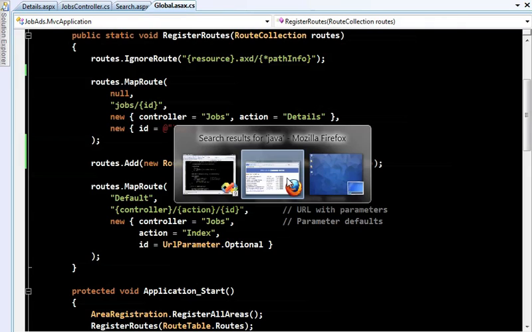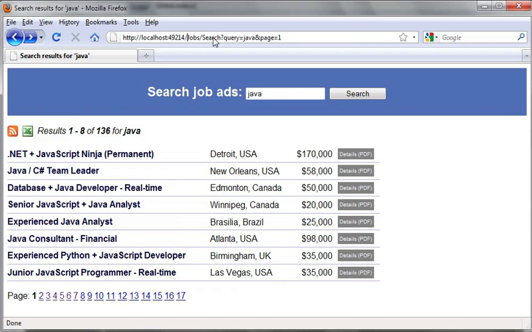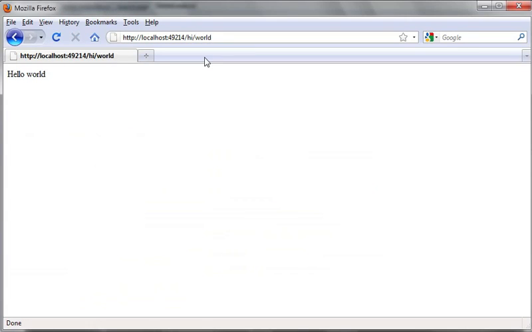Now with all this in place, I should be able to visit the URL hi/something. And indeed it does run the custom route handler and passes our parameter through to it. And this has bypassed the controller factory and everything inside ASP.NET MVC. I don't think there are very many common scenarios when an ASP.NET MVC developer would want to do this, because an action method is itself an extremely general purpose way of handling HTTP requests. The ability to provide a custom route handler is mainly useful if you're building your own web development platform, and it's how both ASP.NET MVC and ASP.NET Web Forms since version 4 integrate with the routing system.